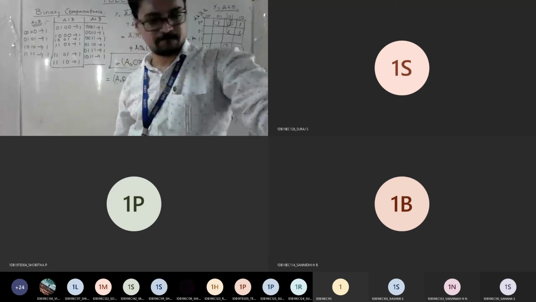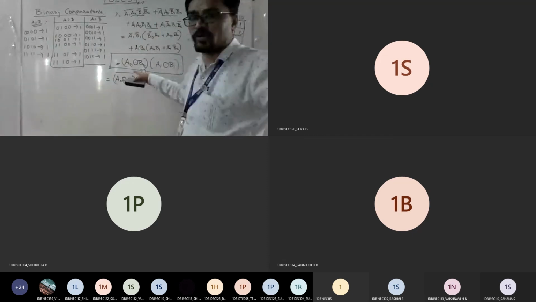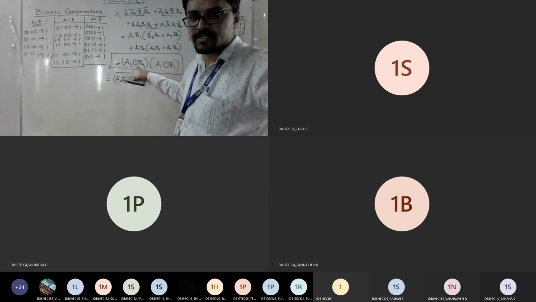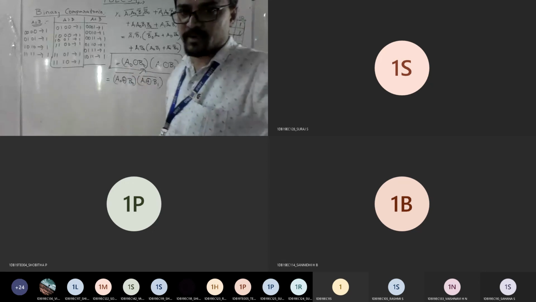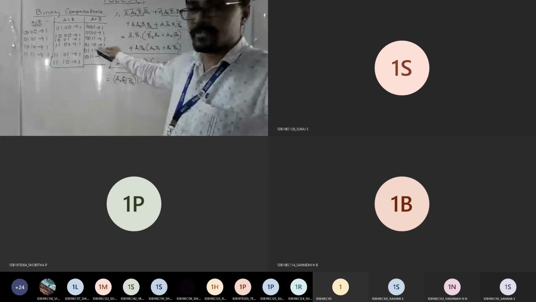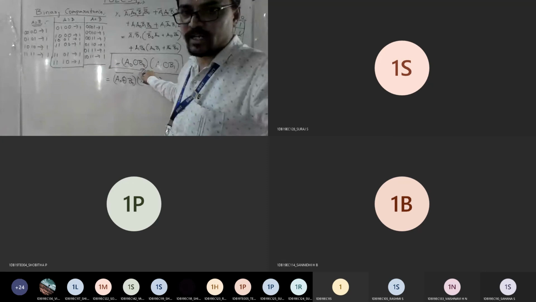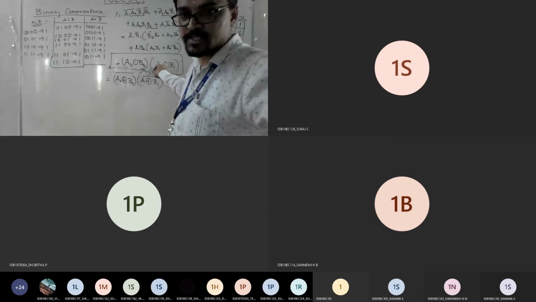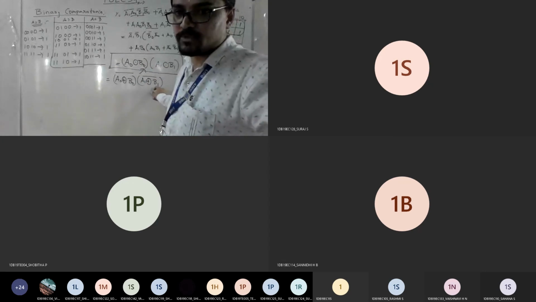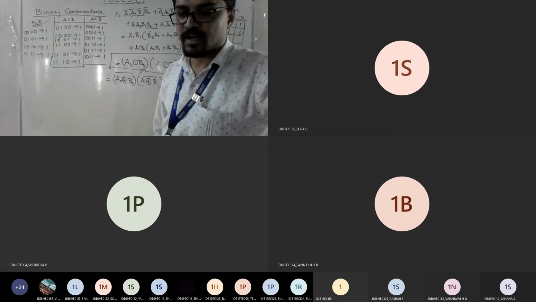Is it done? Draw the diagram. So I hope everyone knows how to write the diagram, right? Logic diagram. See, if you don't write the logic diagram, you won't get the marks. I told you if it is a 10 marks question, there is a split up. Truth table 2 to 3 marks. K-map you will get individually 2 marks each, 6 marks. And logic diagram 2 to 3 marks. Total 10 marks you will get. If any one step is missed, marks will be reduced.